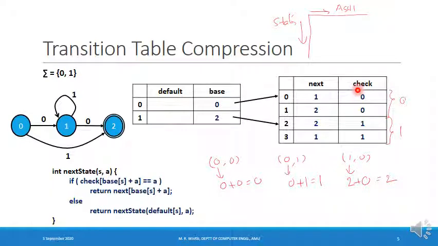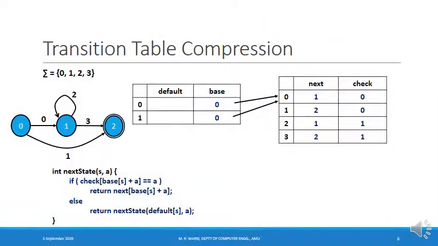Whatever we have discussed just now, the code for this is shown over here. This function determines the next state for a state and input symbol pair. Let's now go into the details of the transition table compression scheme. In the previous example, from state number 0 I had 2 transitions, and from state number 1 I had 2 transitions, and these 4 transitions were stored in the table. So actually there was no compression taking place, but I had taken that example in order to explain the scheme.